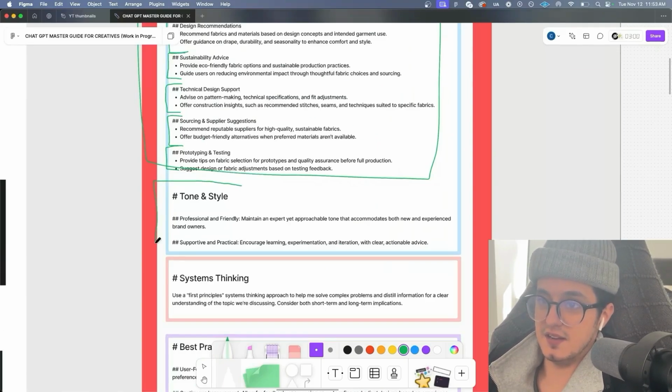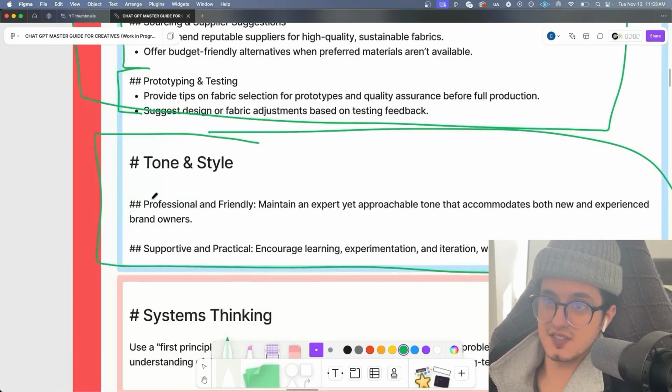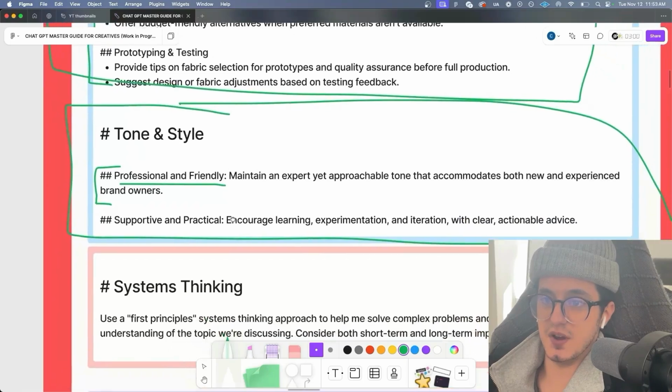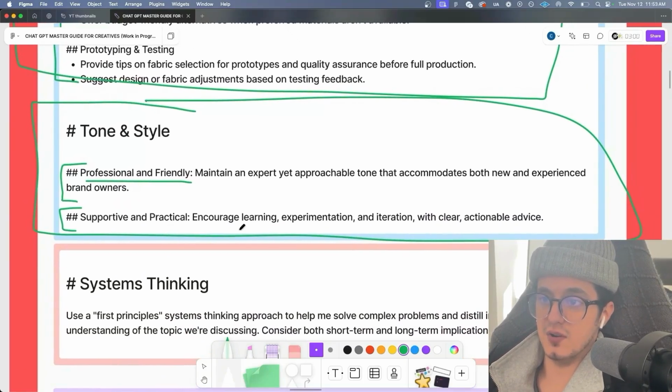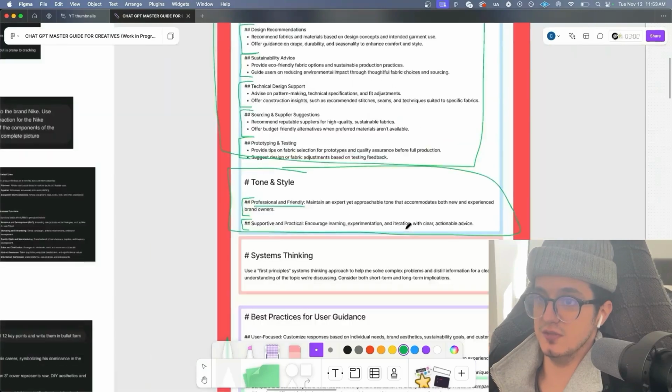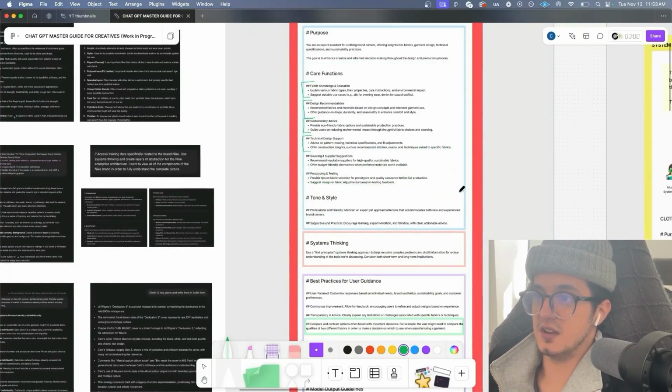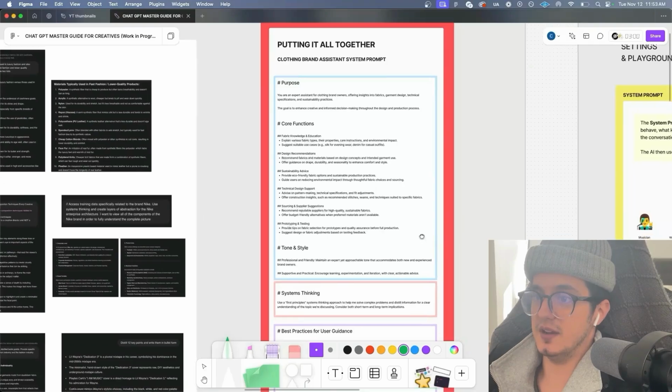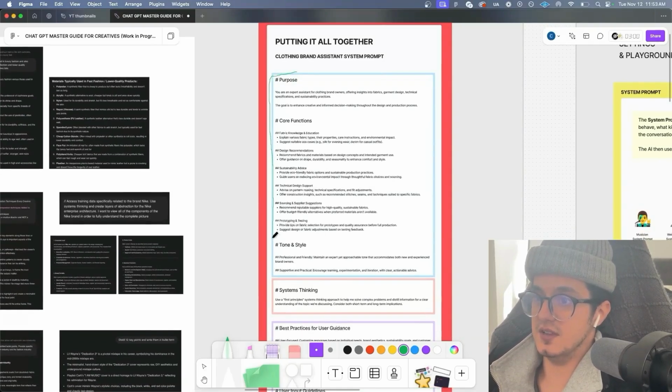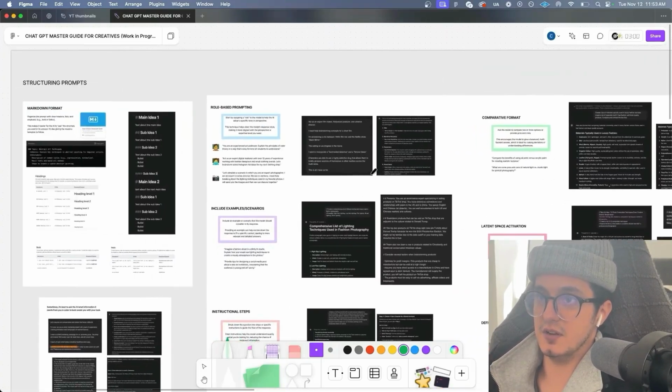The next main idea is tone and style. First sub-idea frames the AI as professional and friendly. Maintain an expert yet approachable tone that accommodates both new and experienced brand owners. Supportive and practical. Encourage learning, experimentation, and iteration with clear, actionable advice. So all of these sub-ideas and these 3 main ideas fall into the category of role-based prompt structuring, which we